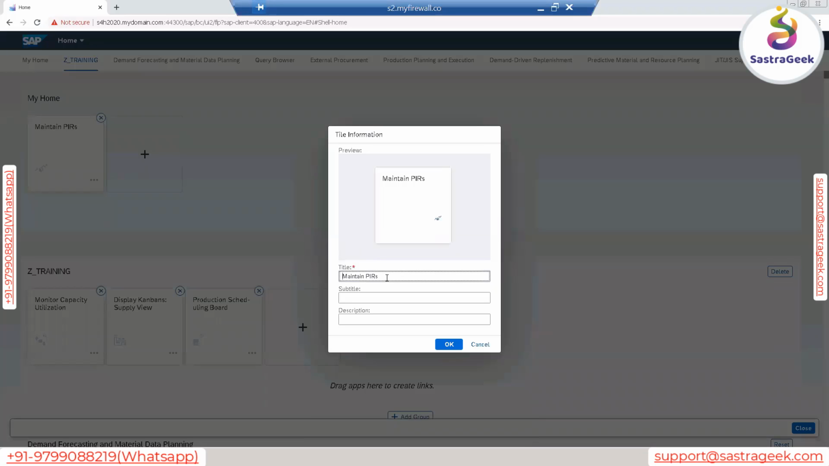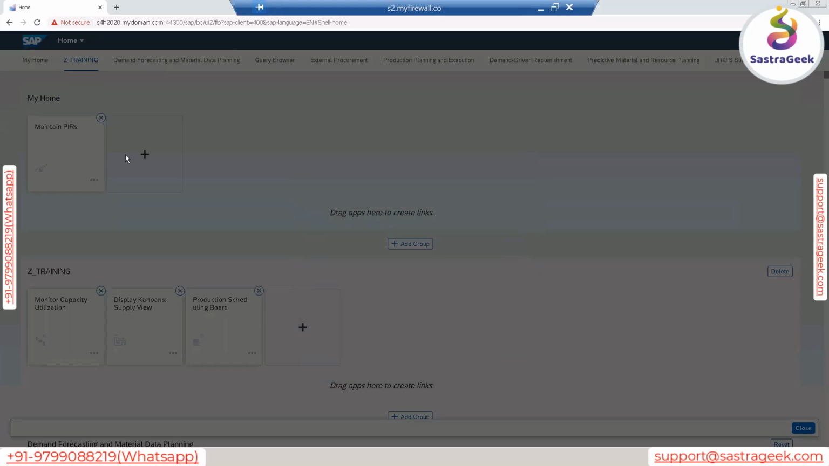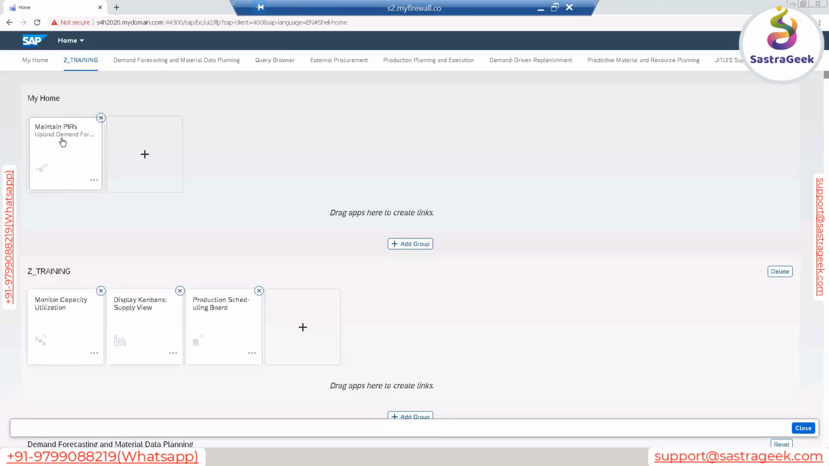So here you can see it's a maintain PIR. Or we can put a subtitle here also, like this, upload demand forecast, like this. Let's see. See here, maintain PIR, upload demand forecast. Now we can see it here. So that kind of facility is available here in the